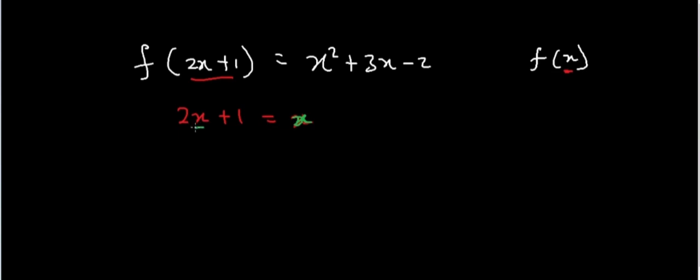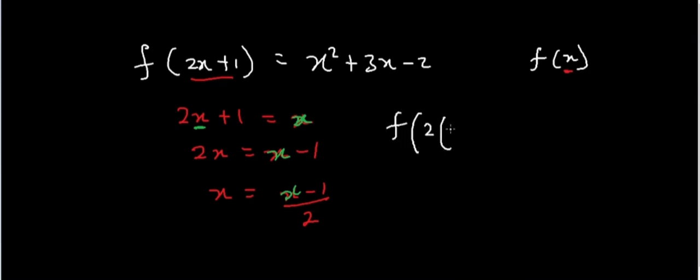Because we need to get this particular x, I will have 2x equals x minus 1, and x will be equal to x minus 1 over 2,